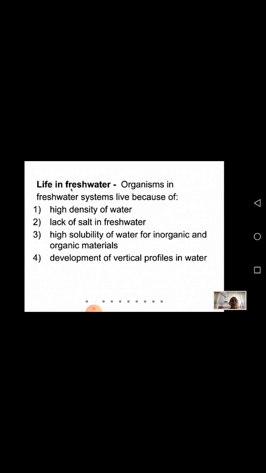So these are four reasons which actually are reasonable to support organisms in water because of the density function and lack of very high concentration of salt and also high solubility of water for inorganic and organic materials. Whatever water we collect from nature contains a lot of organic and inorganic material, and also development of vertical profile. Because of this vertical profile development, different kinds of microhabitats are grown, and